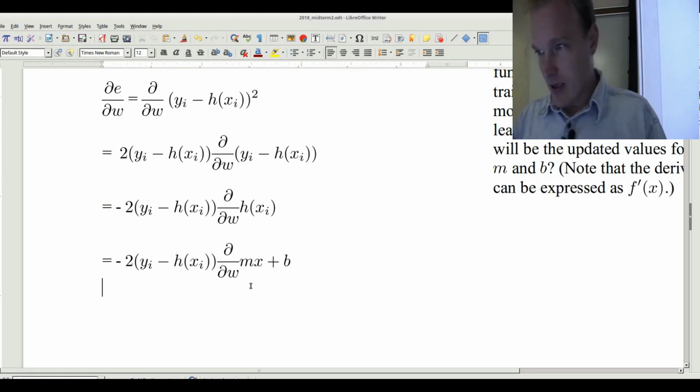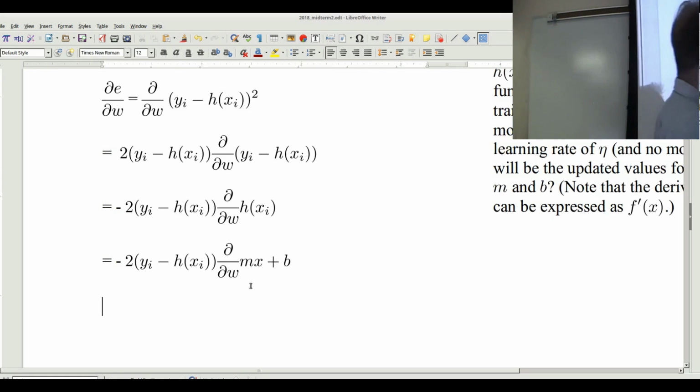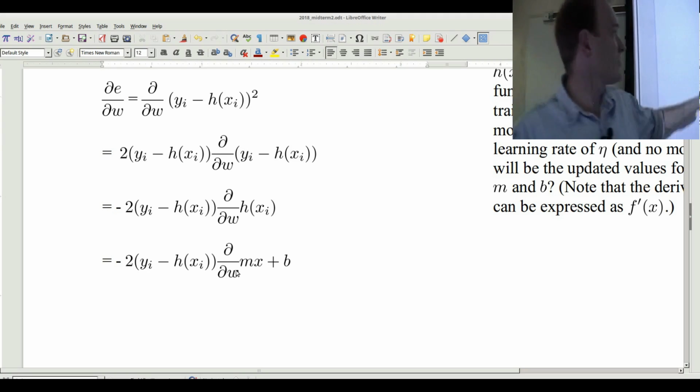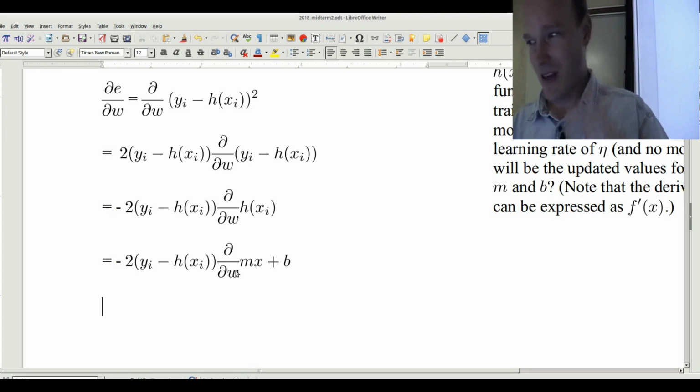So then we have that. Now, there's a little bit of a terminology issue here. I was differentiating with respect to w. Why did I do that? I should have been differentiating with respect to m or b this whole time. Oops, sorry. By w, I meant m or b. Do I have to redo it? Will you forgive me if I just say, pretend all those w's are actually m's or b's or whatever I want them to be? Okay, so if that's the case, then